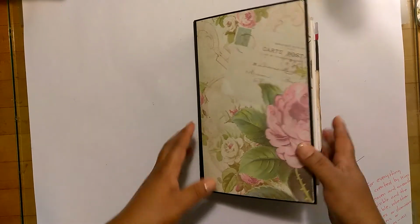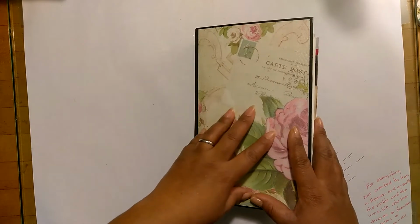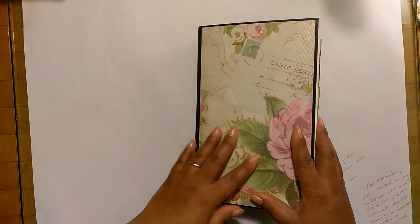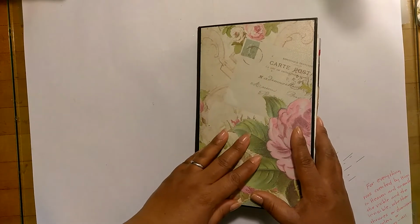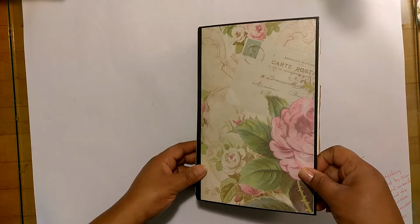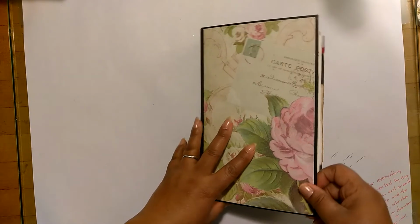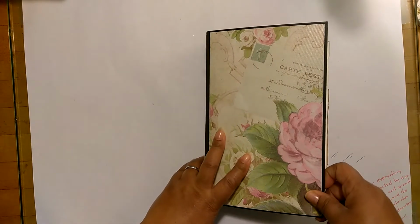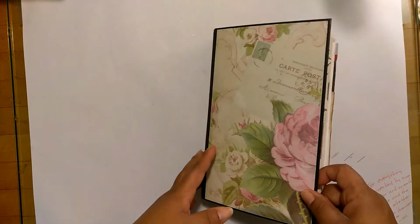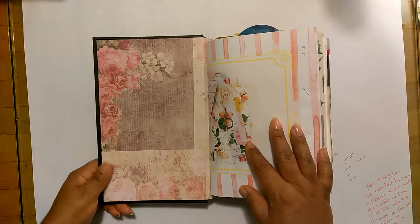Now, I tried to conceal as much as I could in terms of personal information. This was a life journal. So whatever was happening in my regular everyday life, that's what I journaled about. This year is a little bit different, but I'll talk about that more when I do a little flip through in the journal that I'm using now. I'm not intending to make this video any longer than necessary, so I'll be flipping through as quickly as I can, and you can slow it down or speed it up to your liking, depending on what it is that you prefer. So the opening has a pocket here, as I stated in my before the pen flip through,